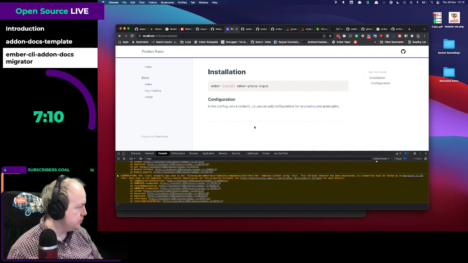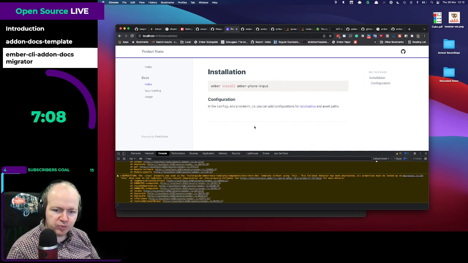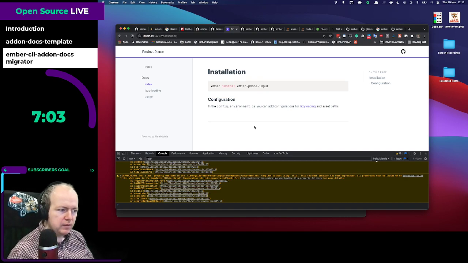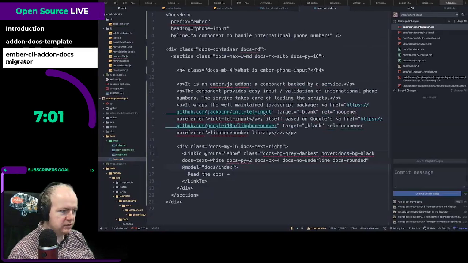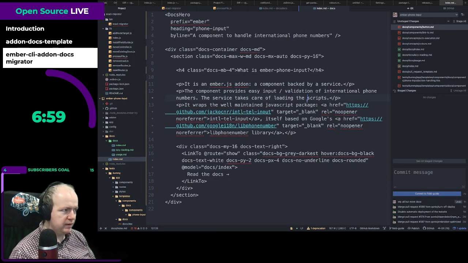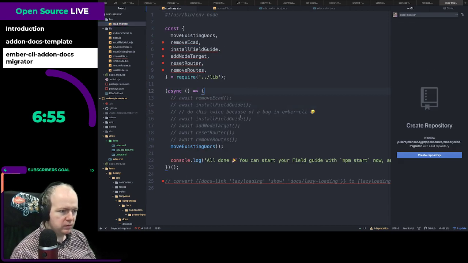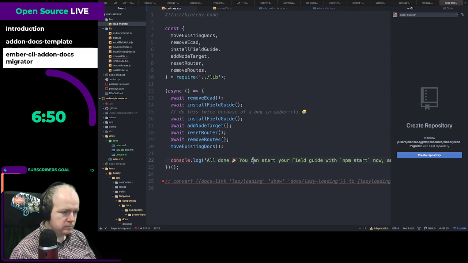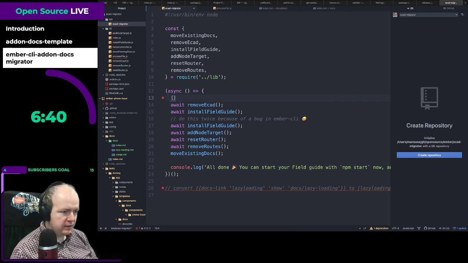I think it's good enough for a release. It's like super alpha, but it's there. It means that people can start playing with it and start complaining about it, and then we can go from there. Okay, so boom. Let's do our little bit of magic here to make it